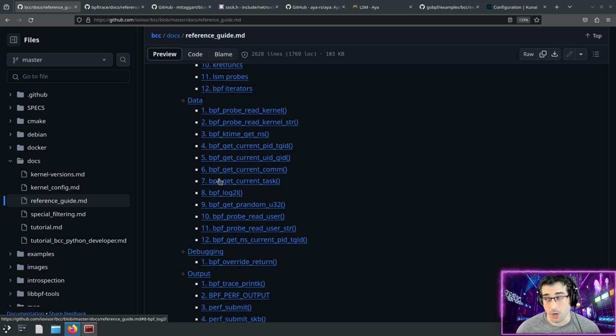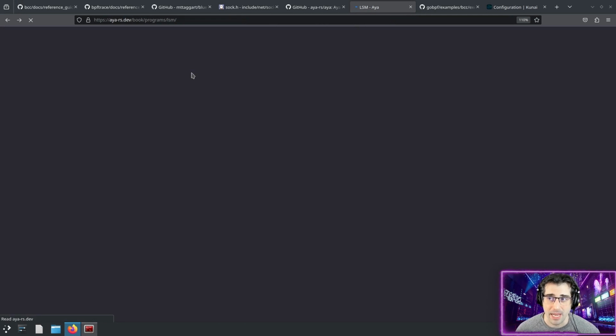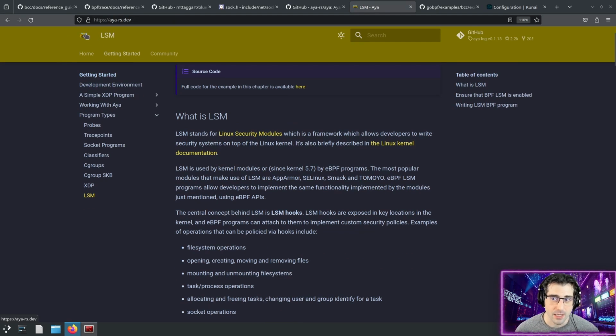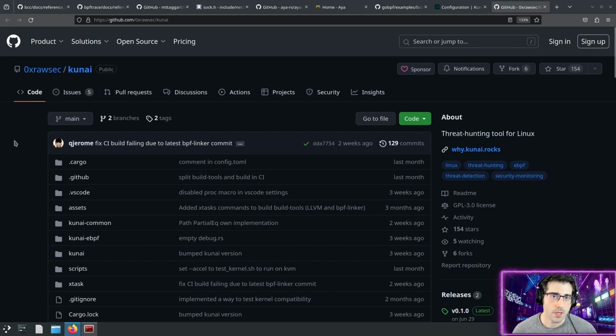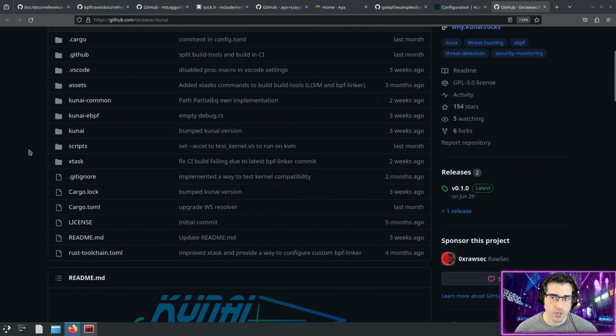If you really want to go hard mode, there is a Rust implementation of eBPF programming called Aya, but I have to tell you, it's not done yet. It's very much early days for Aya, but there are some really cool tools that have been written with it, including a tool called Kunai. Now, Kunai is like what Sysmon should be on Linux, but isn't. Even though Sysmon for Linux, which is written using eBPF, exists,